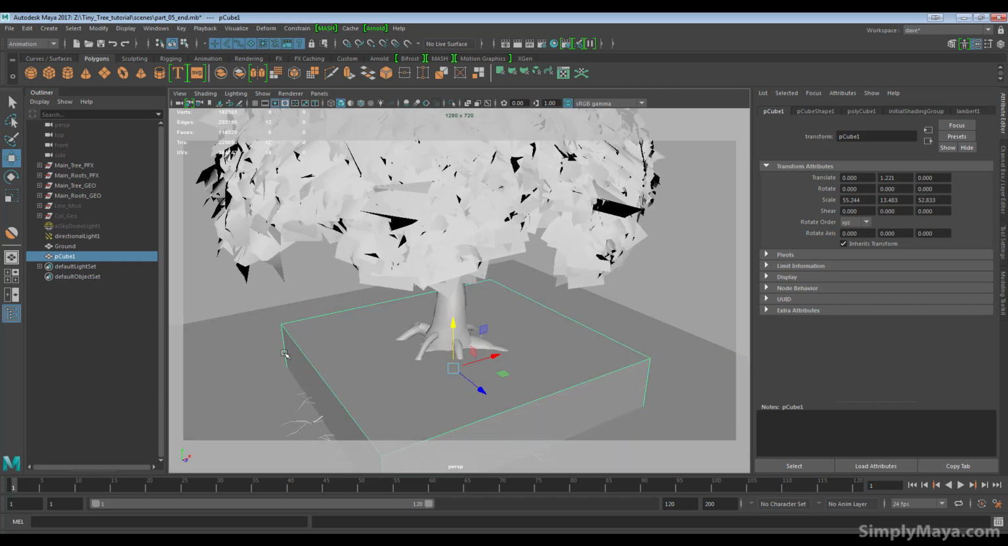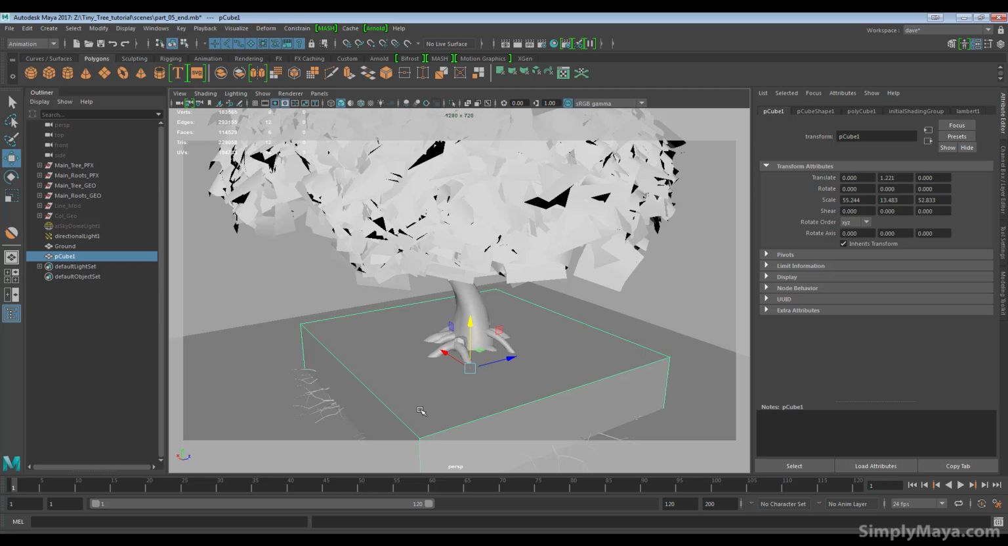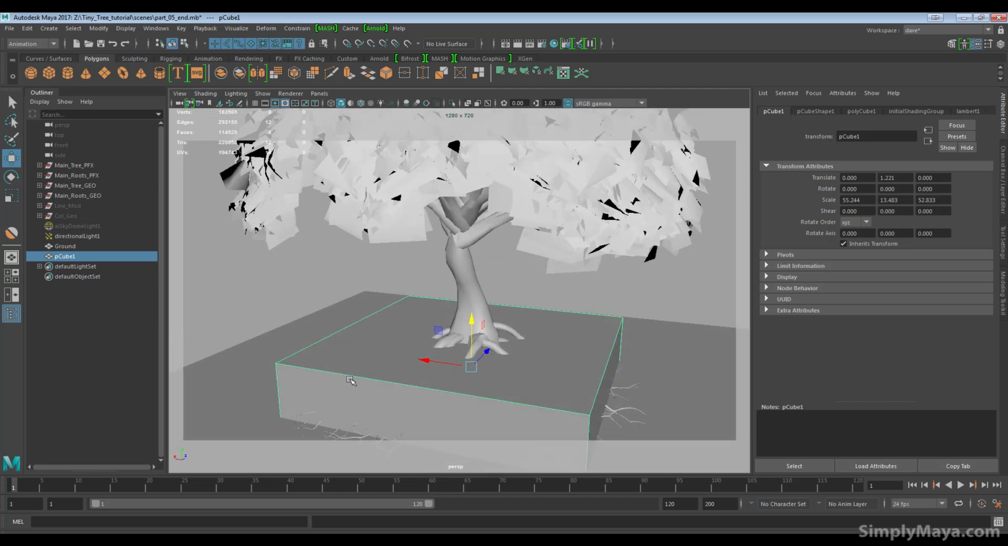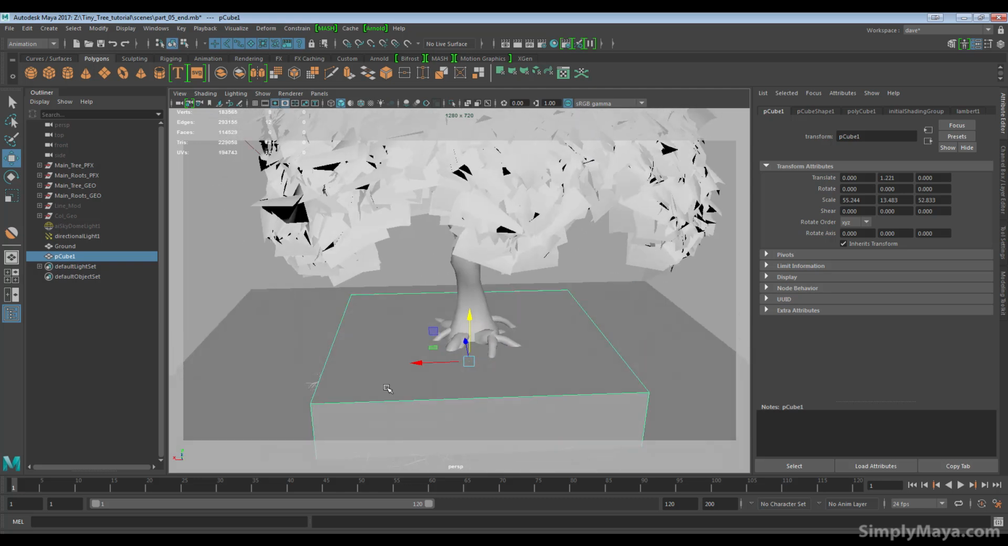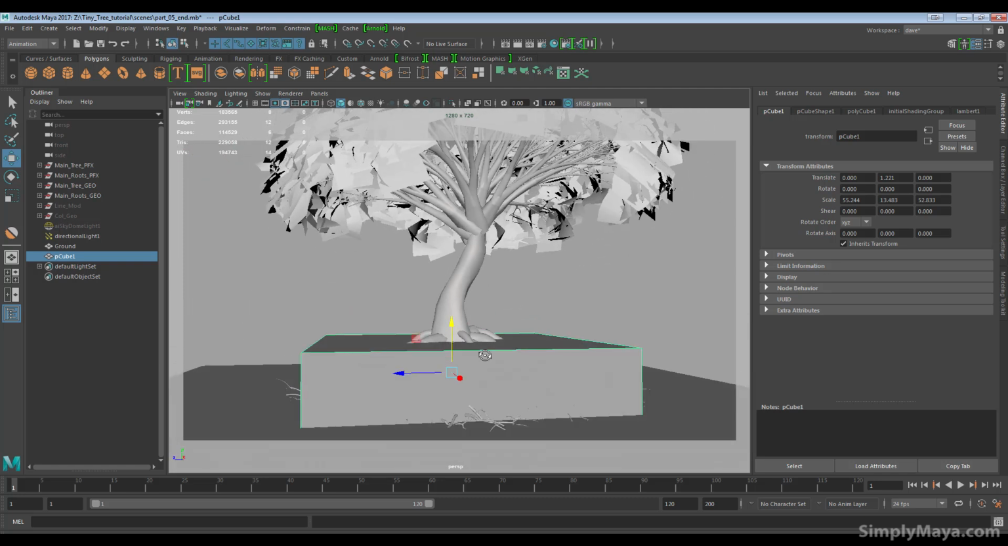Now you could start much smaller and add geometry to it, which is probably the way I would do it in ZBrush. But in Maya, the sculpting tools are much better than they used to be. It's still easier to remove material. It's still easier to do a subtractive sculpt. So we're going to start off with probably more geometry than we need,